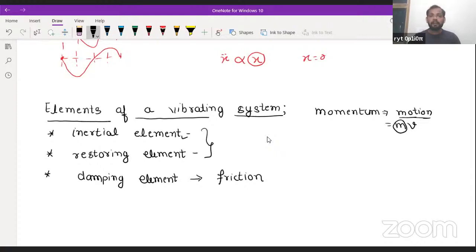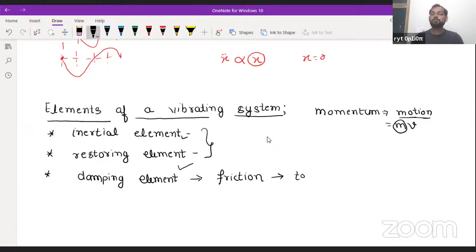There may be an element which is producing friction inside the system, or there may not be any. Why is this required? This element is responsible